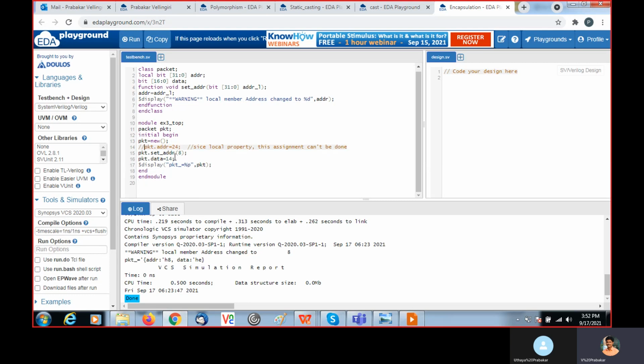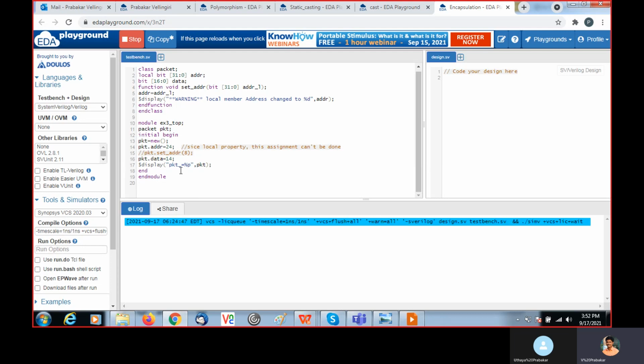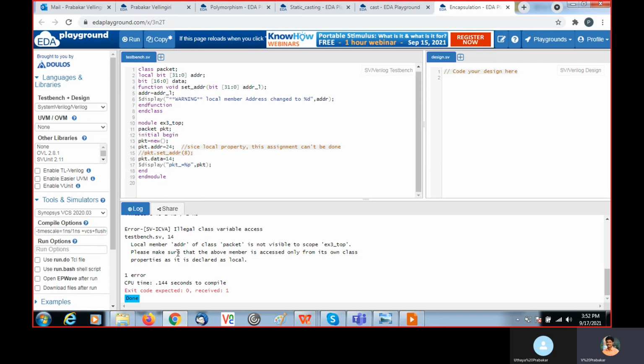Now here I try to access the local variable directly from the module. If you try to access it like this, you will get a compilation error. It is telling: local member address of class packet is not visible to scope.